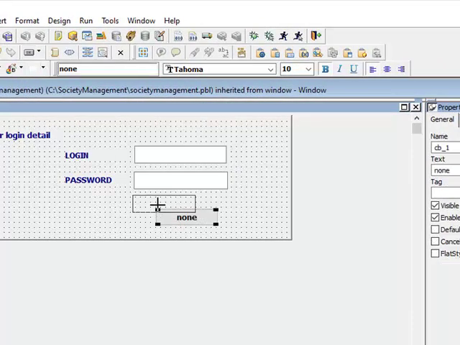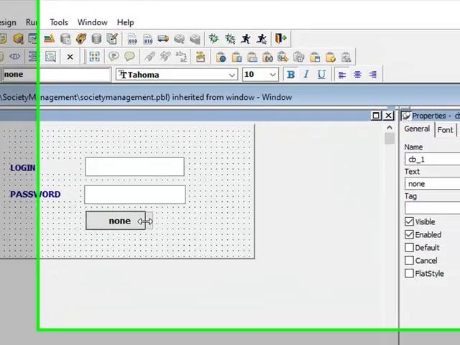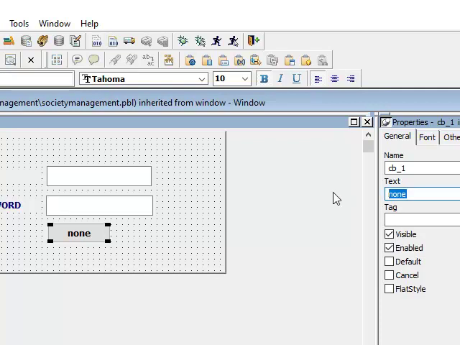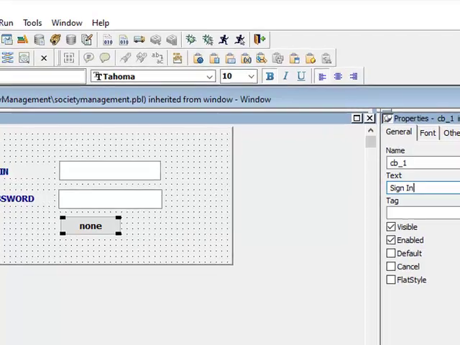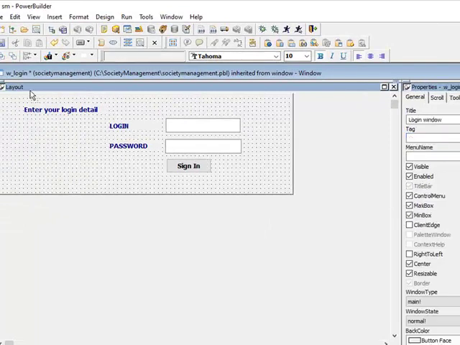Now let me add two more buttons. One is sign in, and then sign up.